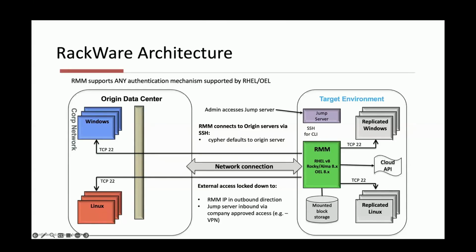The only difference is the block storage, which is mounted on top of the RMM virtual machine on the DR side. It is not needed for a lift and shift migration, but it is required for DR and backup use cases, because for DR and backup the software makes use of a store and forward mechanism. The software talks to your source server and reads the data live, but instead of writing it directly to the target machine, this time it writes to the image created on top of the block storage attached to the RMM virtual machine on the DR side.